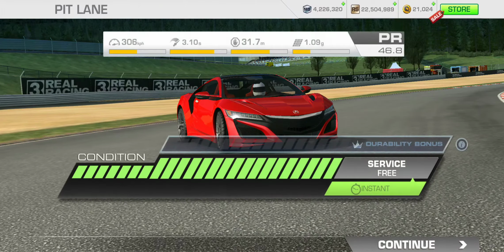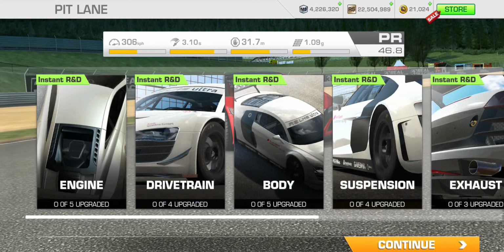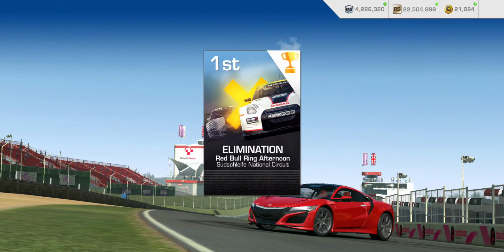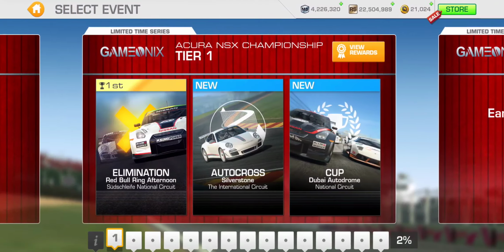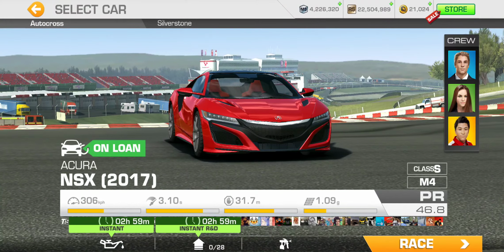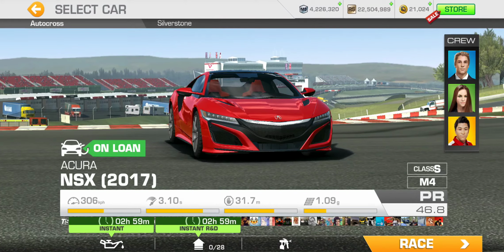Alright, now with that goal 1, or the first event completed, as you can see, it does trigger the instant R&D and instant service on this car. Instant R&D on the upgrades, that is. Alright, so time to spend some money here. So base PR 46.8, we need to get it up to 60.1